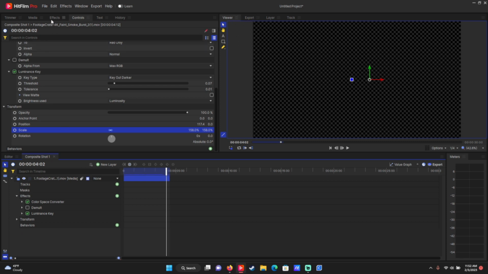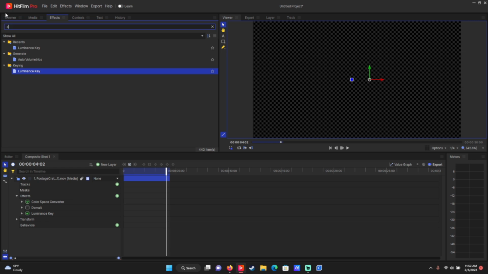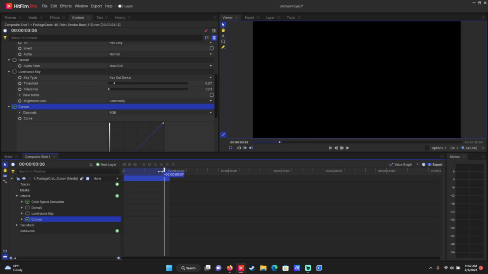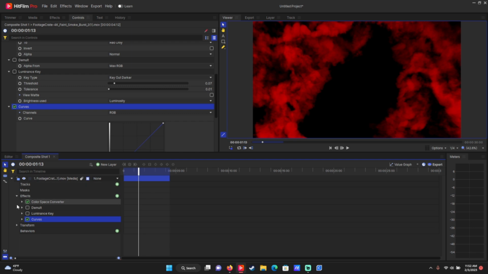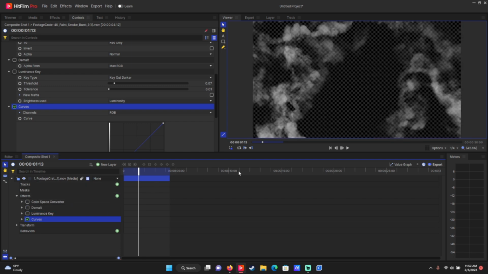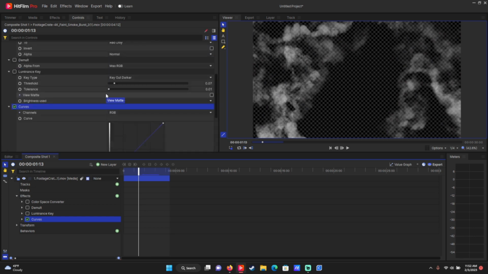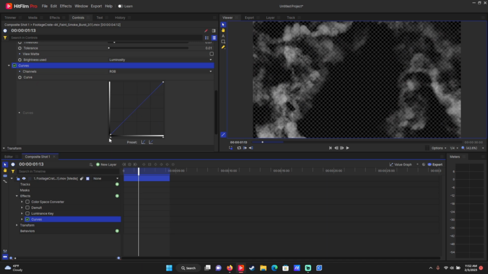Of course, if you wanted to, you can go search for curves. I like to keep everything open like this, so in case you wanted to change something, you can untick this one, and it'll go back to where it was. Untick the color space converter, and then you can start messing with it. It gives you different, more customizable ways to change